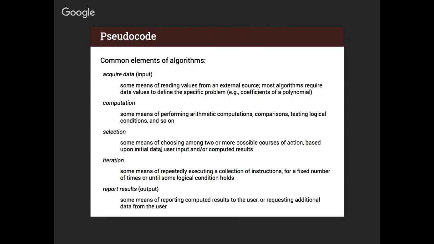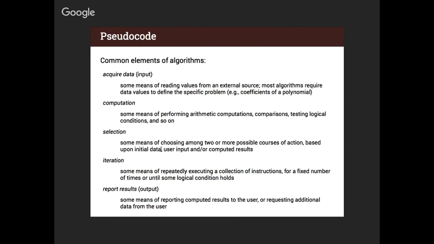You can imagine that you can't just write programs as computation, computation, computation. Well, it's fine if you have to calculate the volume of the box. The only thing for the volume of the box is acquire the data, get the dimensions, multiply the 3 dimensions together, and then the very last step, report the results. It's only 3 steps to solve the volume of the box problem. But the jars is more difficult. You can't just have a linear list of steps. I have to be able to make decisions now and then. And the missing one is iteration, repetition in other words.